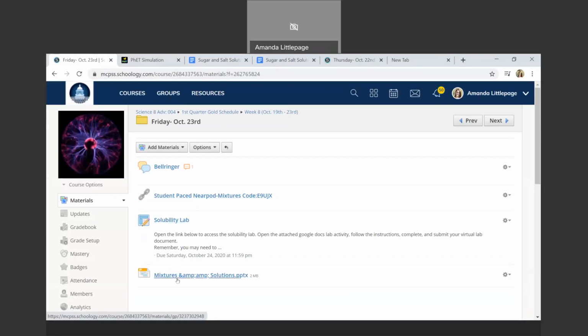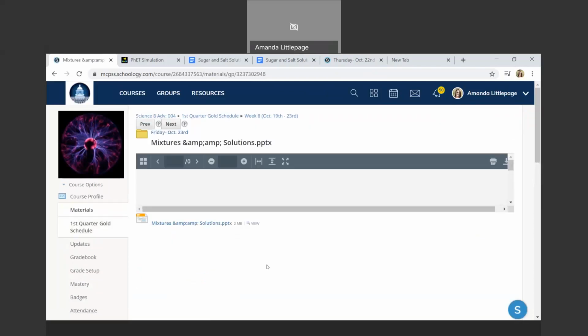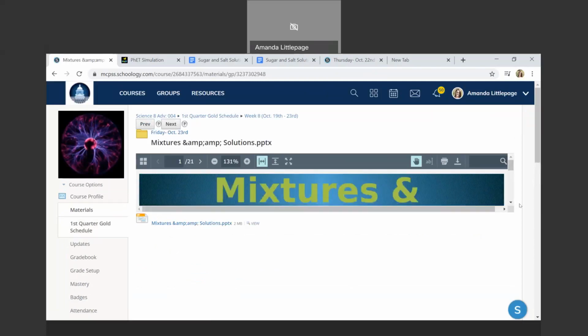The last thing that I'm going to do is show you this mixtures and solutions PowerPoint. Okay, this particular PowerPoint right here introduces mixtures and solutions, and I am going to provide you with some questions that go along with this. So you're going to click on it. It's going to open up. And you will be able to scroll through